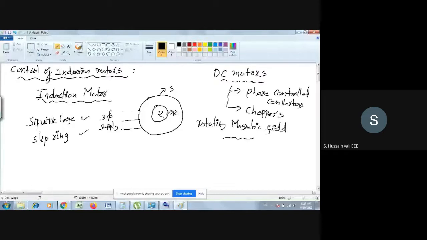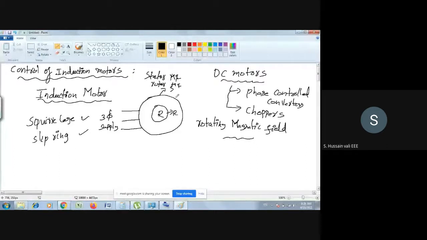Those currents will produce another magnetic field. So now the stator magnetic field and the rotor magnetic field both interact. When they interact, as per Faraday's law, a torque will be produced. As one cylinder is the stator, which is rigidly fixed, and the other is the rotor, the rotor tends to move in a particular direction.